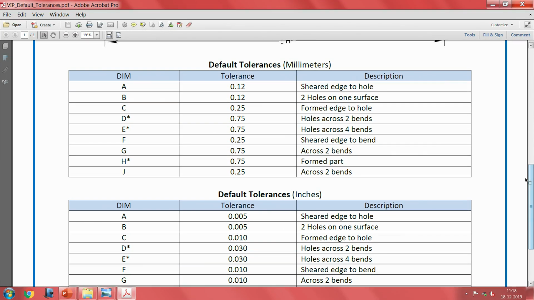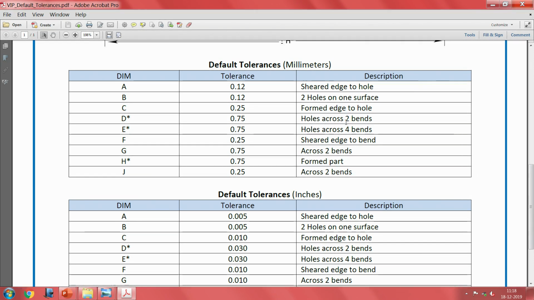So, if you look back to this big table, default tolerances in millimeters, see what all has been specified here: across two bends, across formed part, across holes, across two bends, across four bends, formed edge to hole, all these have been somewhat regulated, and whenever a tolerance like this is mentioned, it is almost like a legal or binding document on the supplier.